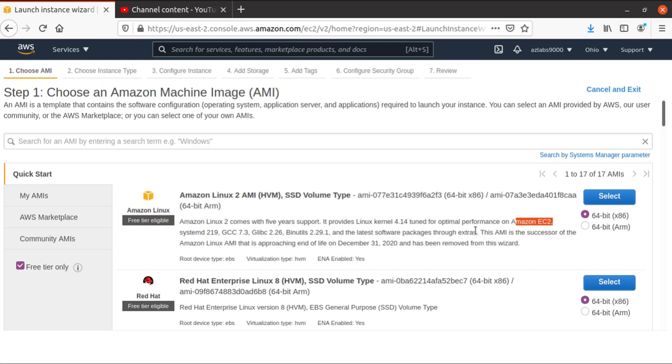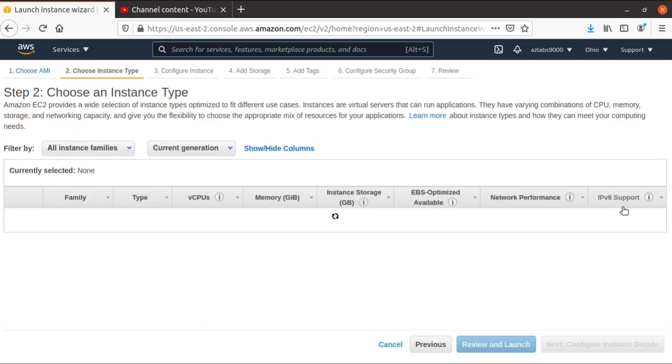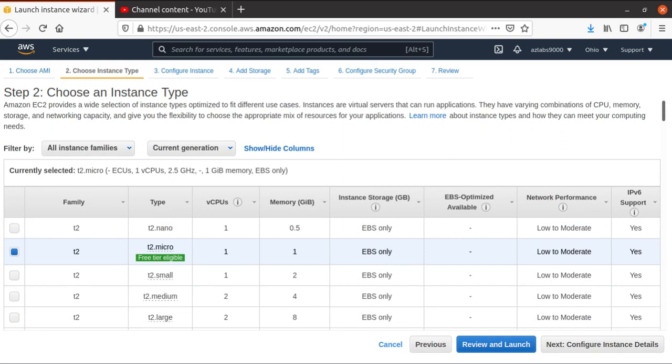Then this AMI is the successor of the Amazon Linux AMI that is approaching end of life on December 31st, 2020, and has been removed from the wizard. So previously there was another AMI that you can no longer select for installation. So let's just go with this, hit select, and over here what you see,